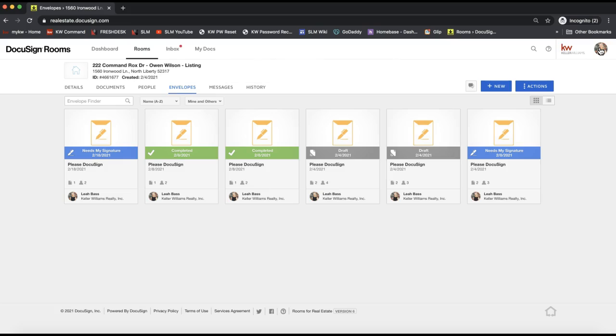So at this point, what has happened is that the form has gone out to my client's email, and it actually went out to my email address as well to sign as the agent. So you absolutely could open your email right now and sign the form from there. However, it also brings you straight over to this Envelopes tab, which will show you any envelopes that were sent